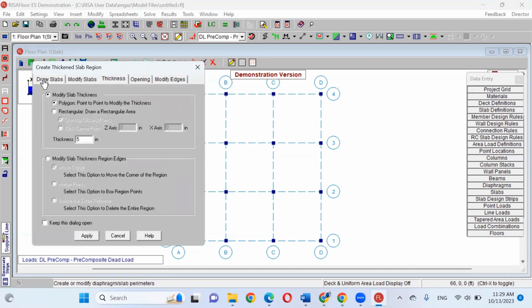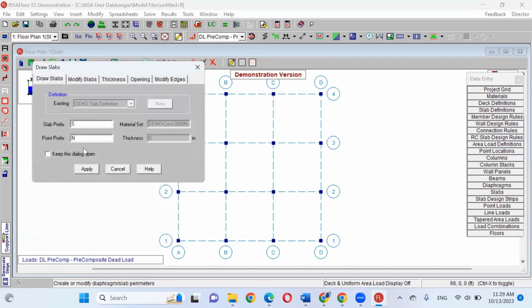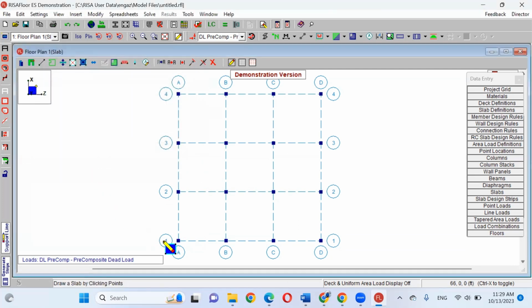I will go back to draw slabs and then apply. I can click at each corner of this slab. I started to click at this corner, this corner, this corner, this corner, and I return back to the first corner to click one more time.